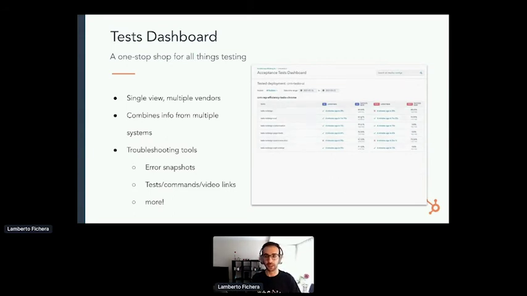So we decided to create this dashboard, which puts together a good variety of these troubleshooting tools, and allows you to see the session, your test session. It allows you to